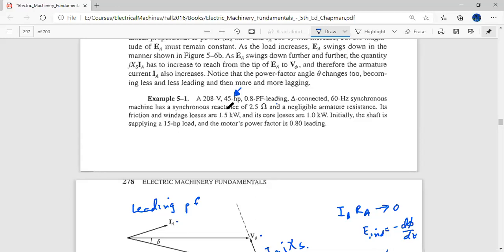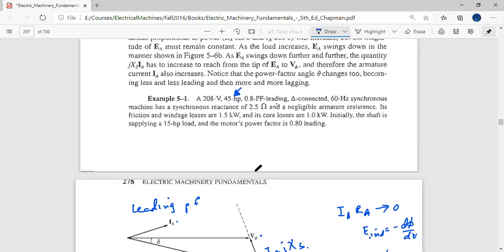So similar to the case of the synchronous generator, where the rating meant that this is the electrical energy which must go to the load, that means you must provide it with more mechanical energy, to cater for the mechanical losses and the electrical losses, so that much electrical energy is available at the output of the generator. The reverse is true here. This much mechanical energy must be available at the output. The electrical input must be greater than this.